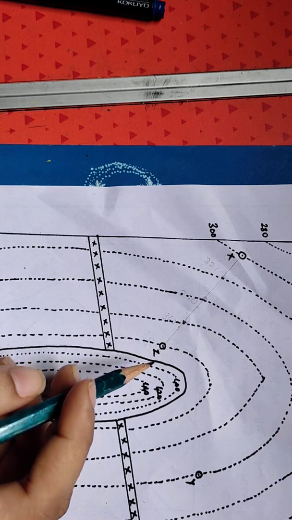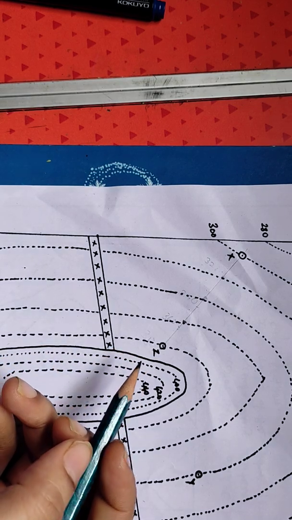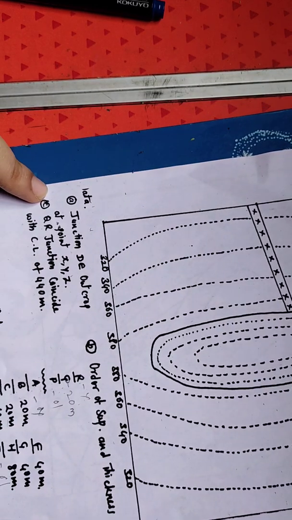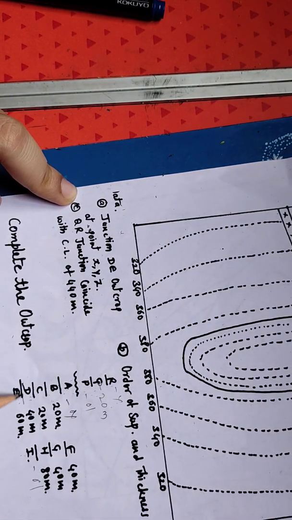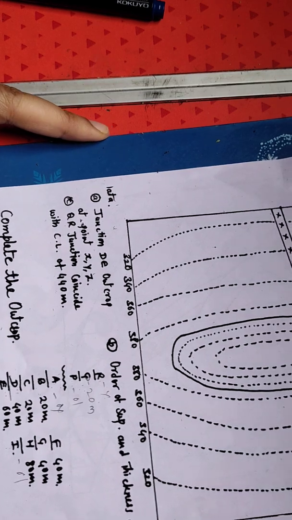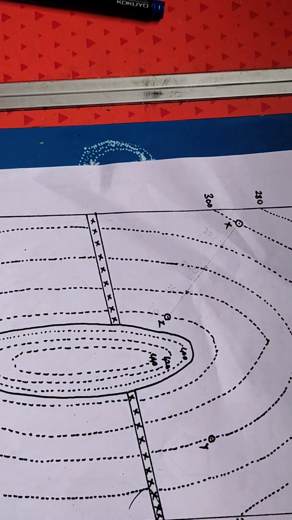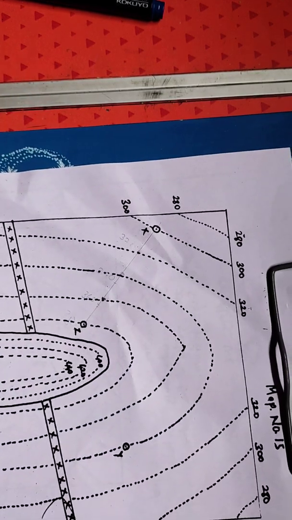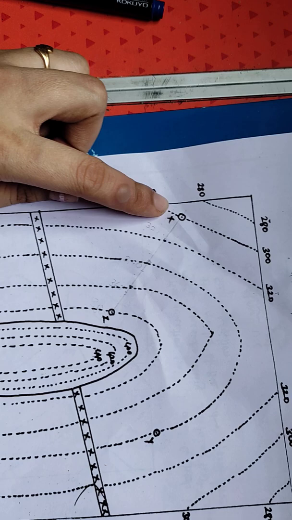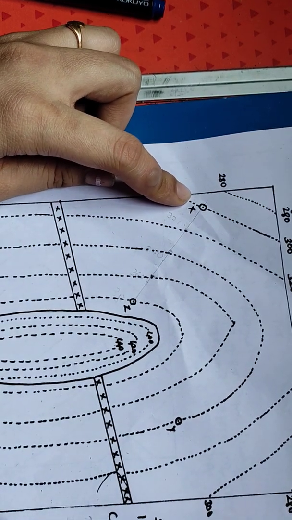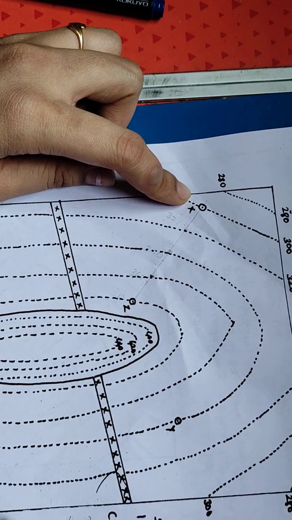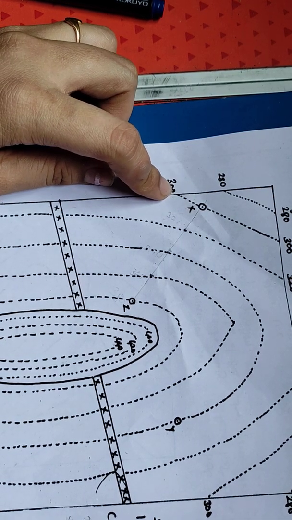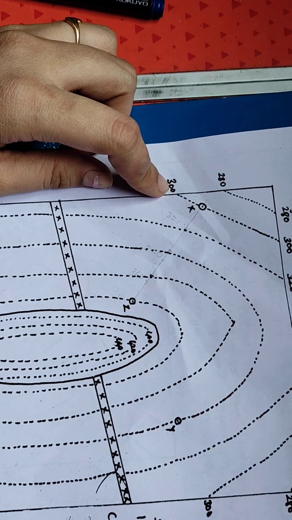Based on that we have to construct the junction of the DE bed, so here it is giving you the DE. This bed we are going to mark first, and according to that we will construct the next beds. To solve this outcrop, we can write X is at 300 meter elevation, Y is at 340 meter elevation, and Z is at 380 meter elevation.